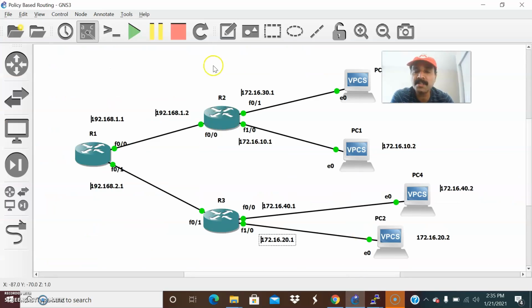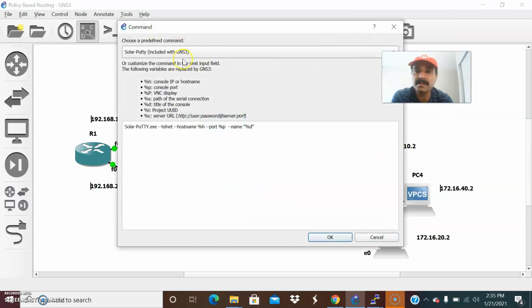So I configured EIGRP in all these routers, and we already configured the directly connected interfaces.